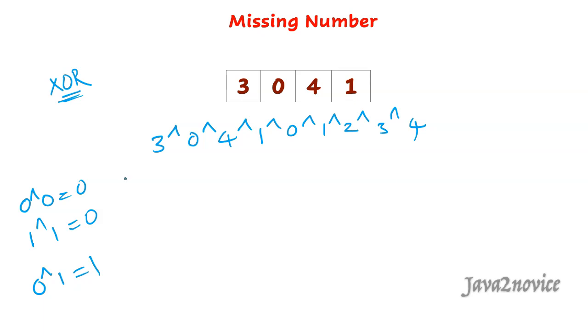I mean, if the input bits are either 0 or 1, when we apply the XOR operator on this, it returns 1. Similarly, when we apply the bitwise XOR operator on numbers, it returns 0 for the same numbers. So here 3, 3 will return 0, 4, 4 will return 0, 1, 1 will return 0. Finally, bitwise XOR on 0 and 2 will return 2. This is the missing number. We got the answer. This is also an optimized solution. It is order of n time complexity and order of 1 space complexity. Hope you understood. Let's write code now.